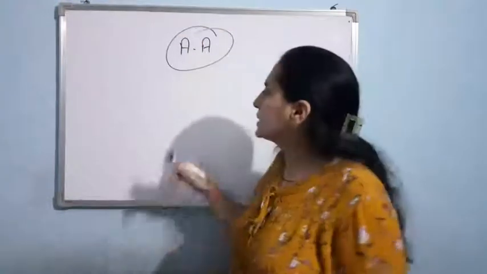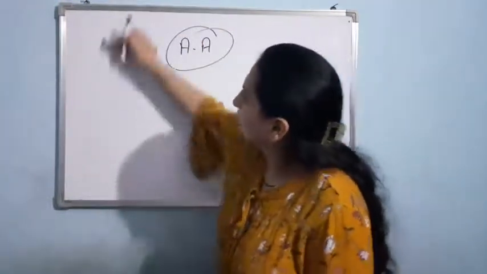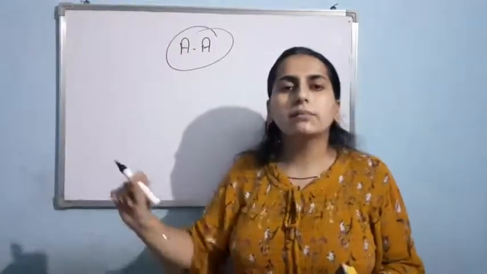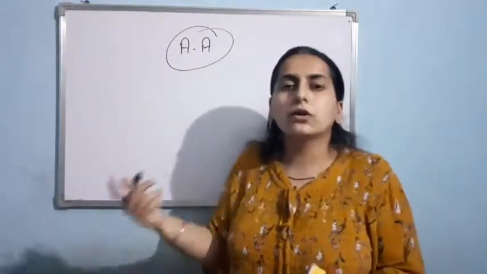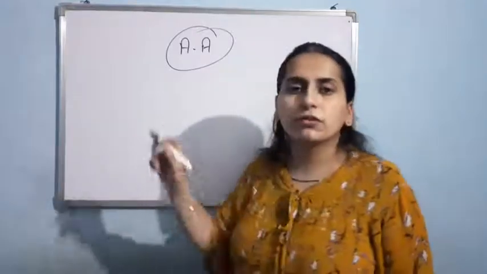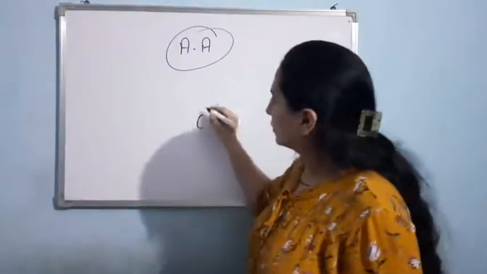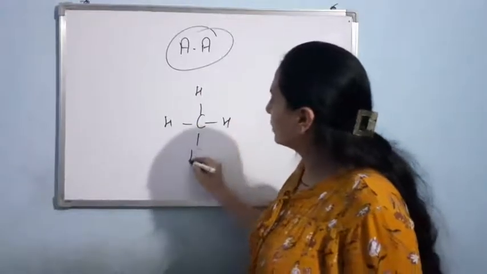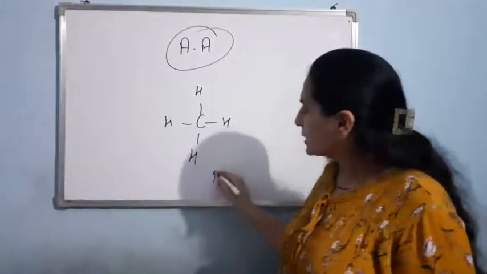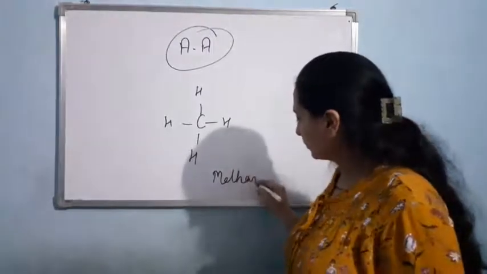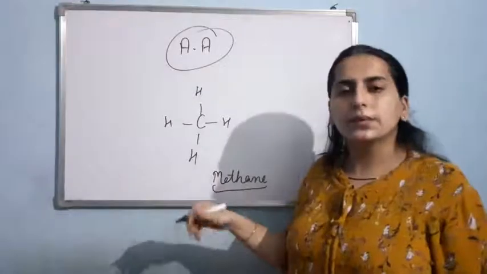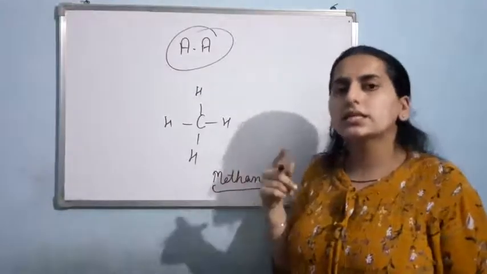Amino acids, basically these are substituted methane. Now what is the meaning of this? Let me draw the structure of methane. This is the simplest structure that you have done in organic chemistry. This is your methane. Now, amino acids are substituted methanes, means I make the changes here only, just see.